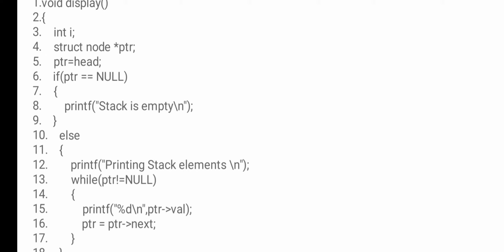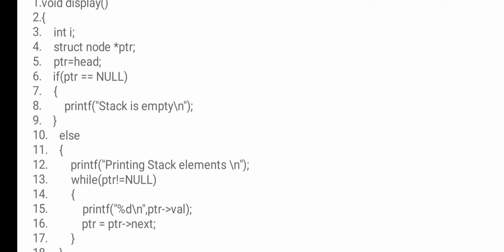No, obviously. So before applying the display function, we have to check whether the stack is empty or not. If it is empty, we simply print stack underflow or stack is empty.